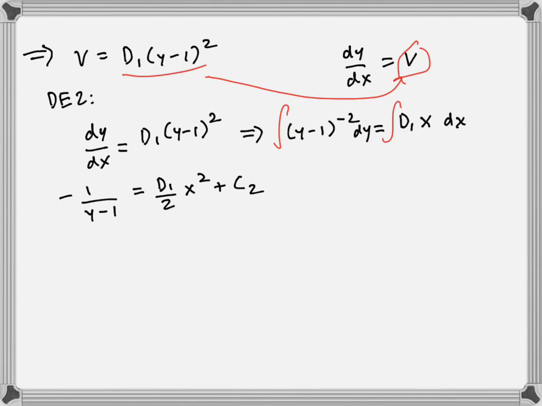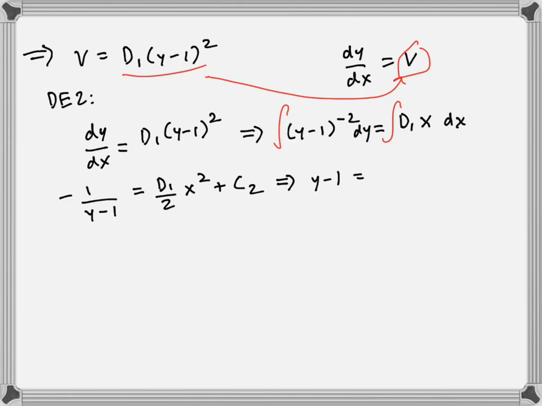If we rearrange terms here, we take the reciprocal of both sides, and we can also multiply the right side by a negative. So there's a lot we could do here, but let me go ahead and multiply the negative through and also do the reciprocal. So this means that y minus 1 is equal to, let's see here, we've got,